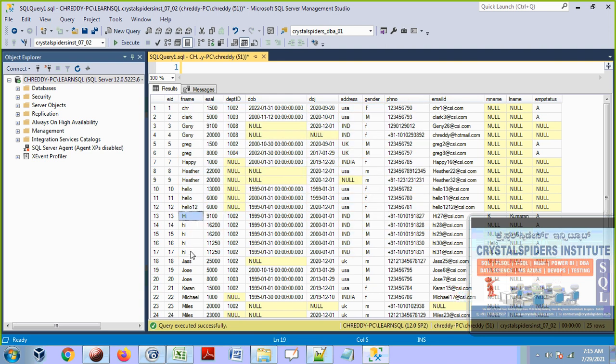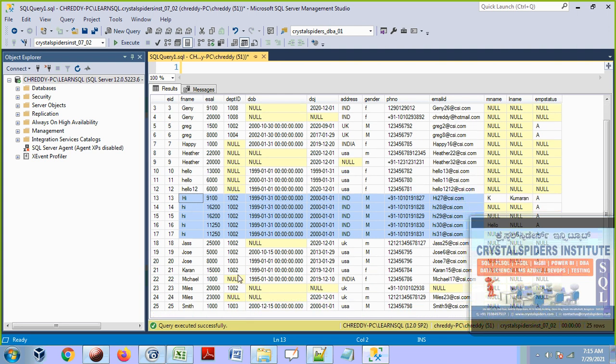You see that there are people with the same name, but their salaries are different. And their departments are the same, date of birth is the same, date of join is the same, address, gender, everything is the same, but their phone numbers are completely different. Their email IDs are different. So how can we say that these are the same people? These are not the same people because their phone numbers, mail IDs, and employee IDs are different. You see that everywhere, there are no duplicate people.